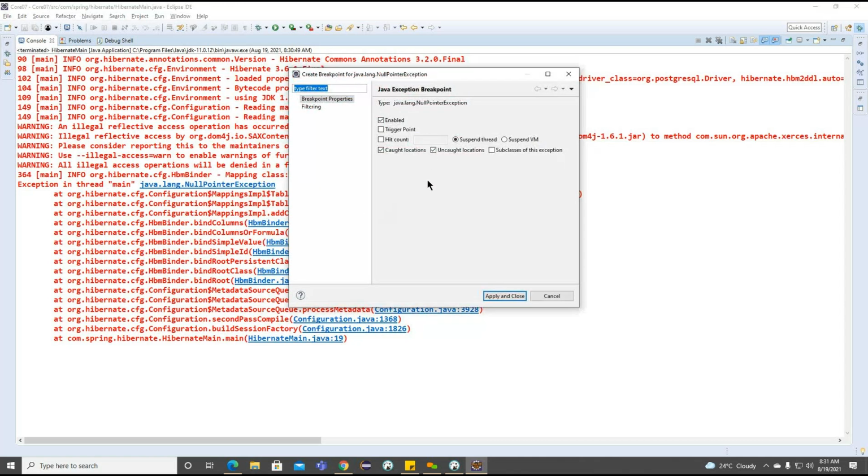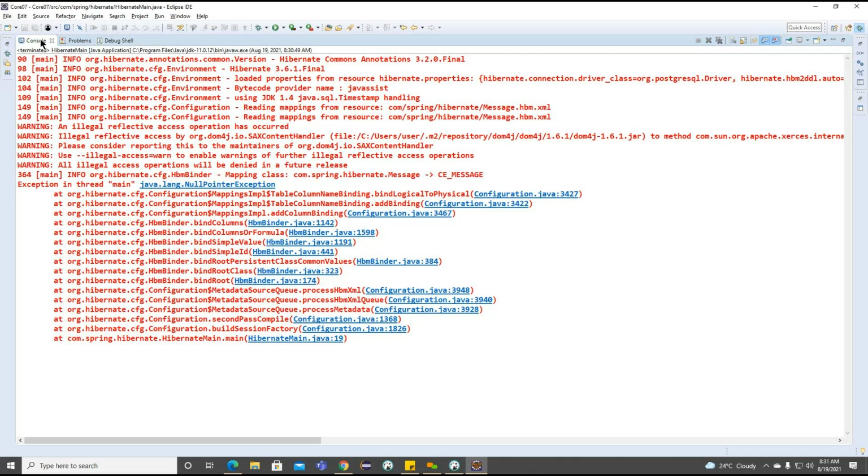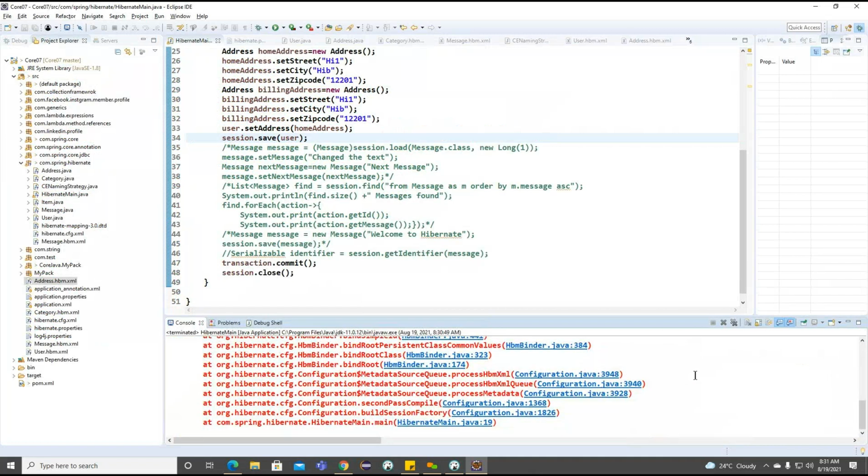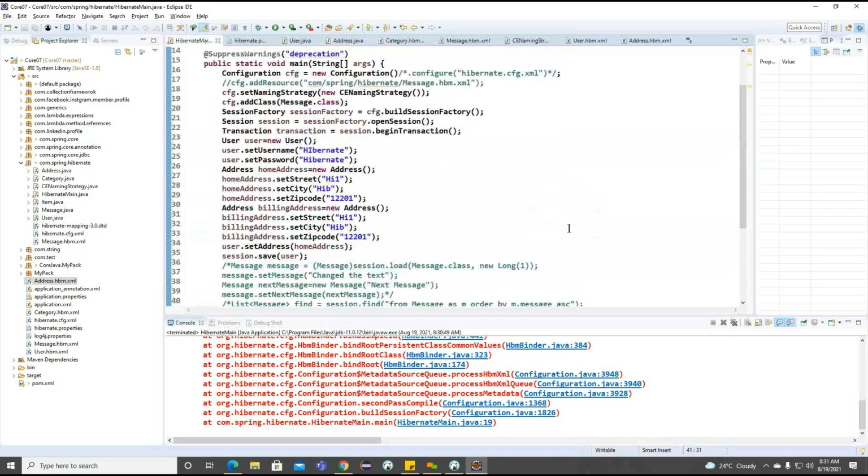We'll try to handle this exception first. Exception breakpoint. So from line number 19, we are calling here.